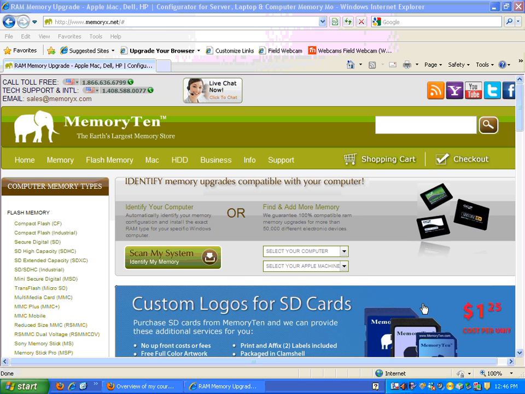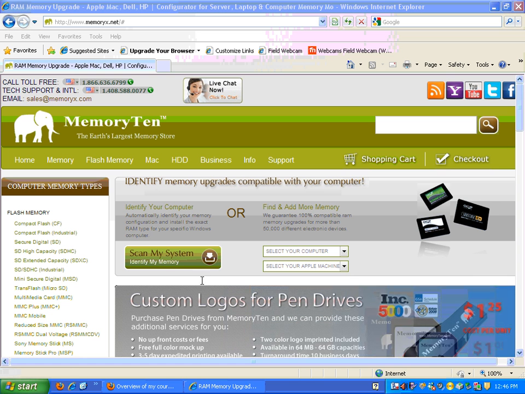Okay, quick video on how to use the Memory 10 scanner, as well as how to post a screen capture. Kind of going to do them both here. So the first thing is how to scan your system. If you go to Memory 10 or memoryx.next, you get to the Memory 10 site, and you have right here,